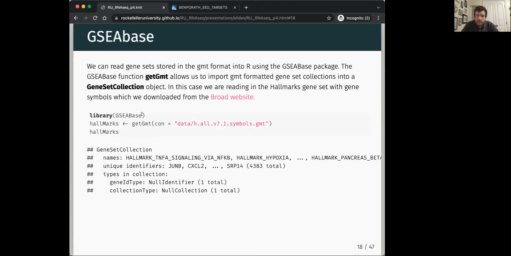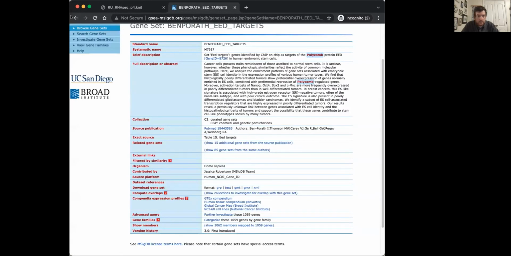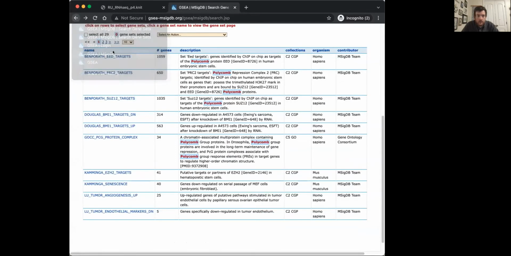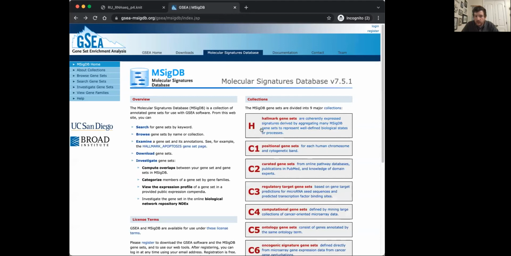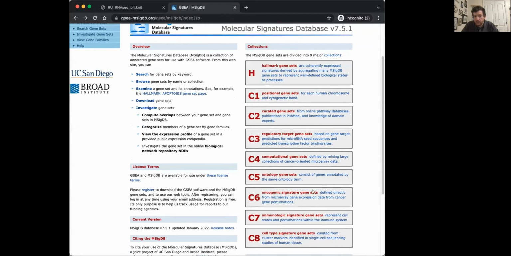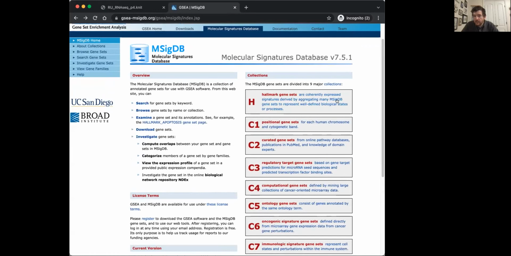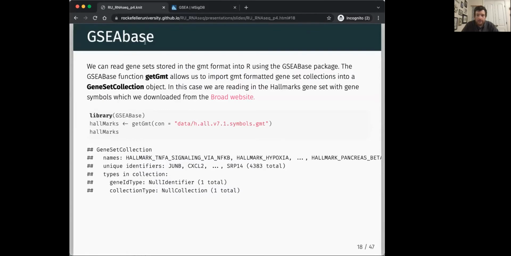And so GSEA base allows you to work with these data sets super easily. So in this case, I downloaded the hallmarks gene set. I downloaded all of the hallmarks. So if you remember, hallmarks is this H set. And it's actually, like it says, an aggregation of many different gene sets here. So it aggregates a lot of this information together. And it has a lot of things covered within this. So it's very, I'm struggling for the word. It's a comprehensive,